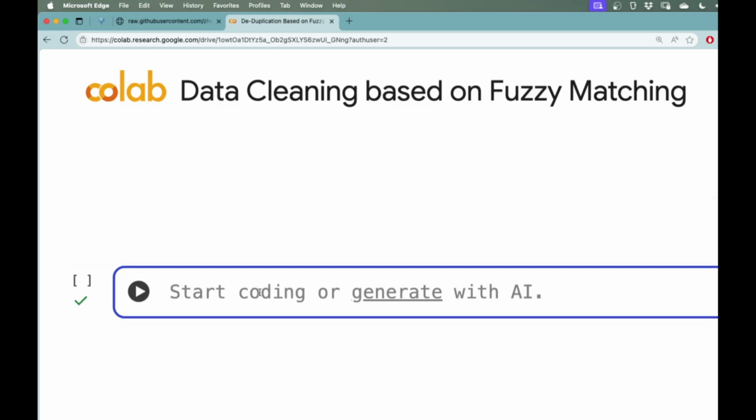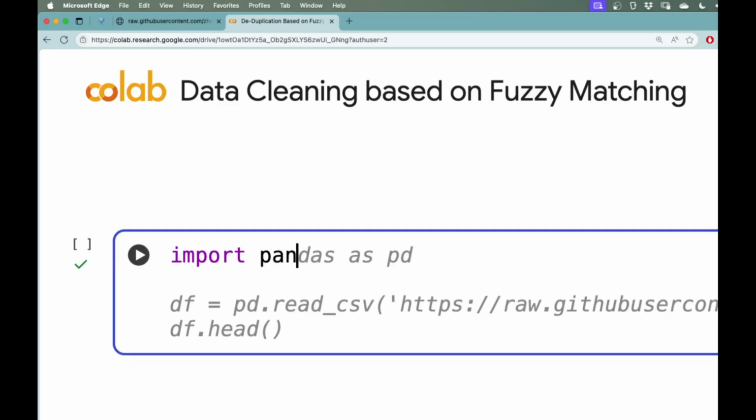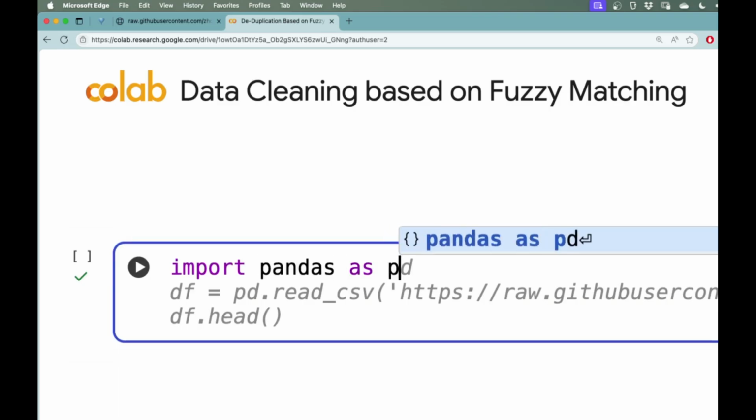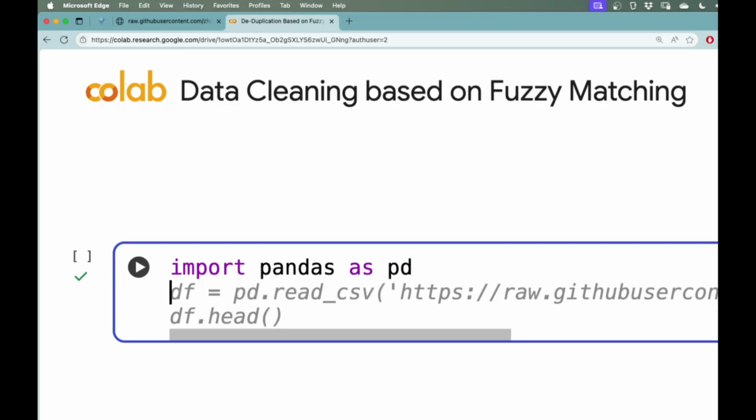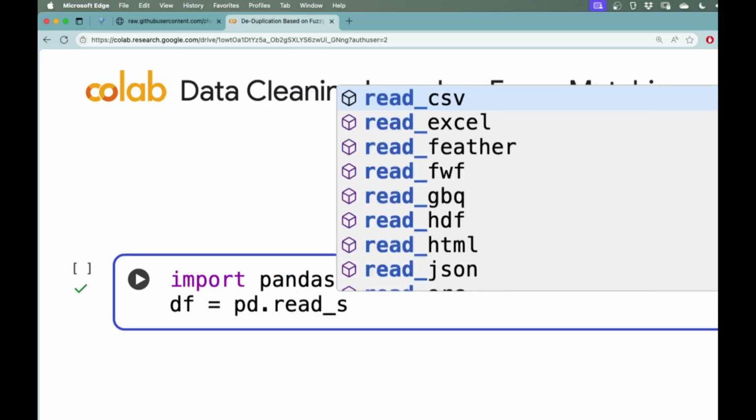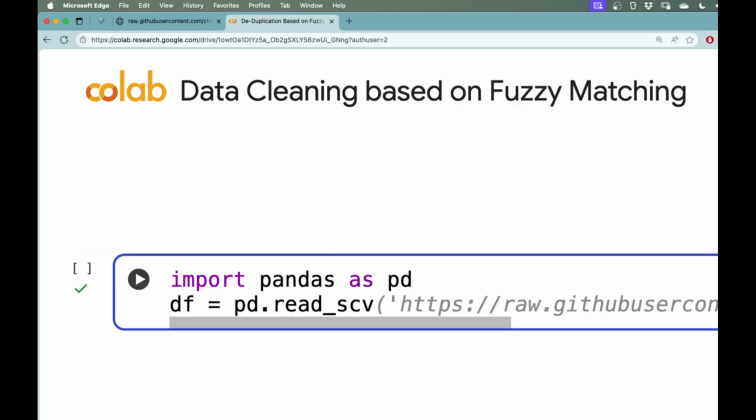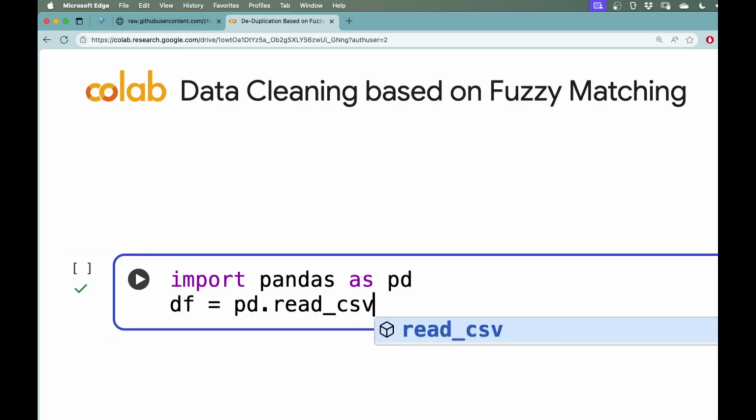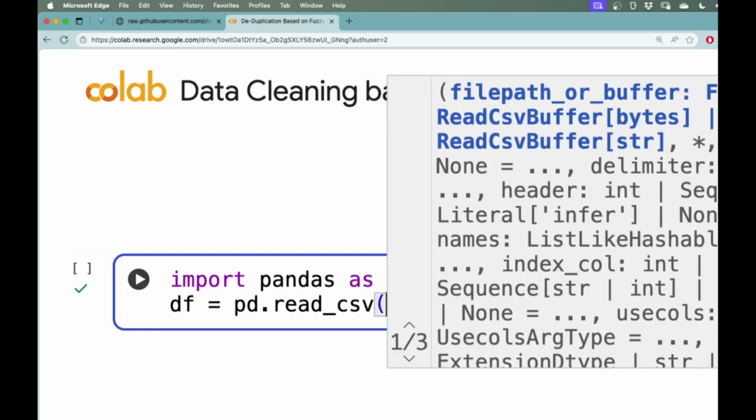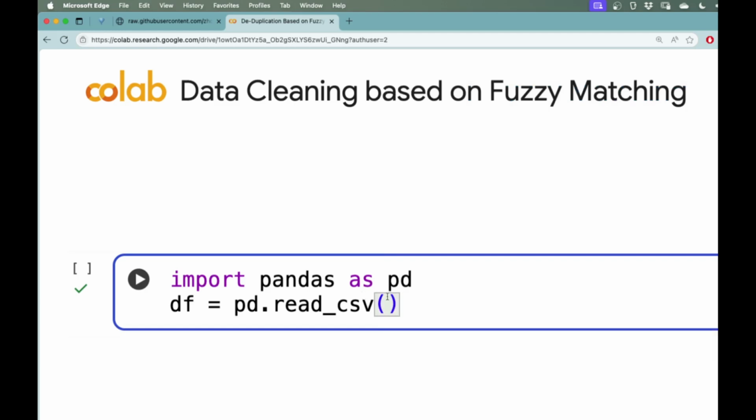Right? What we can do is, first of all, we need to import pandas as pd. That's because we are going to use the pandas library to load the CSV file. Right? Now we're going to do df equal to pd.read_csv,